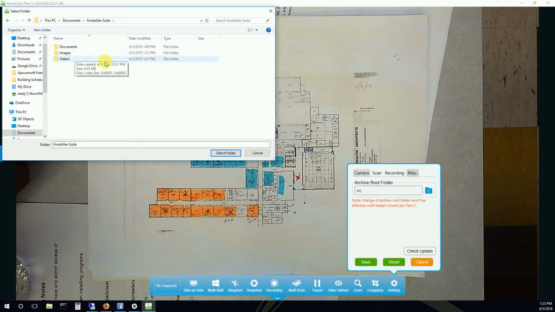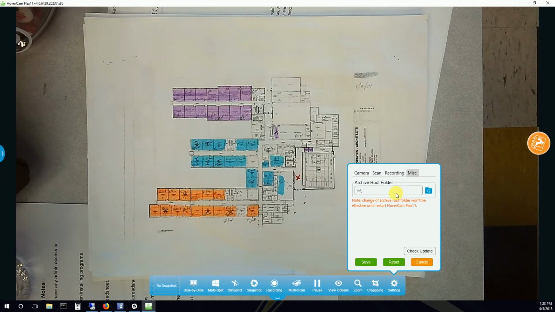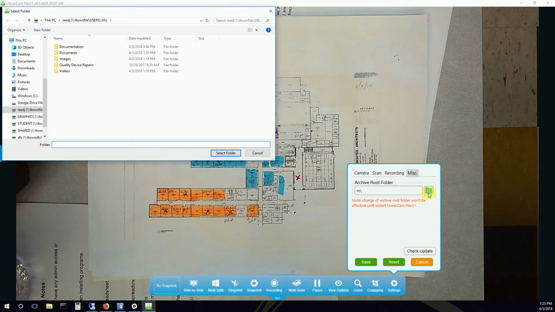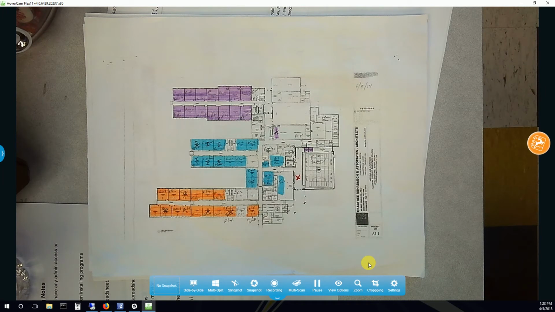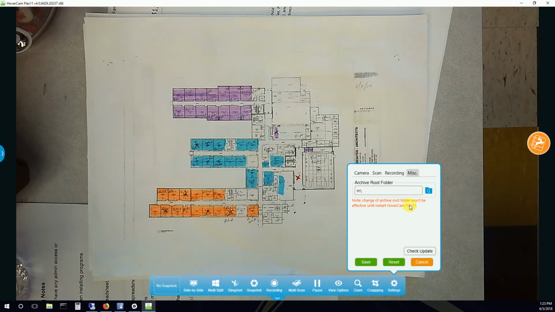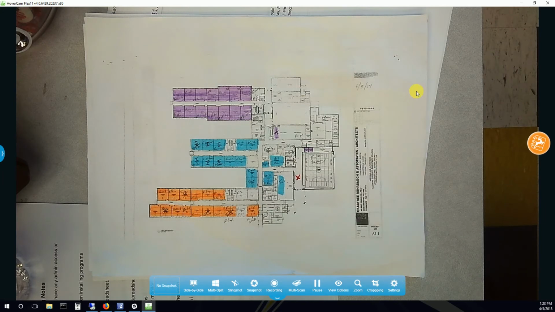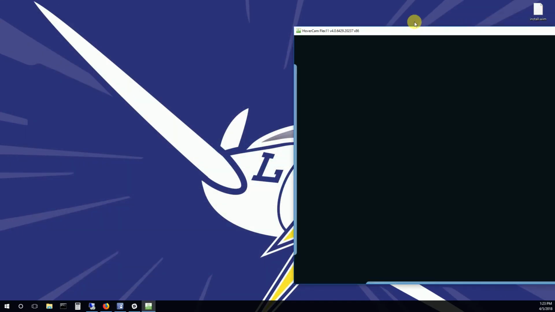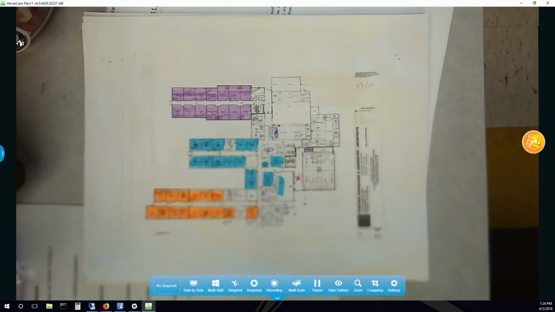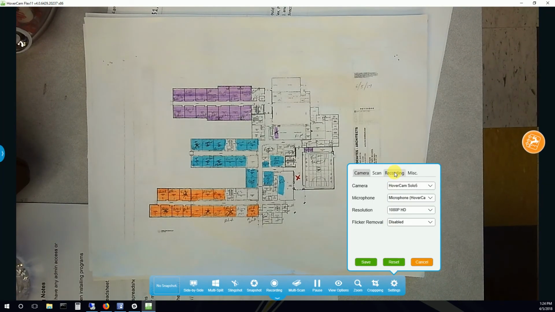To change that to your H drive, mine's already set for H drive, but if you click the folder with the looking glass there, select your H drive, and then click select folder. It should appear like this. Click save. Now if you notice, you do need to restart HoverCam Flex 11 for that to take effect. So if we close out of there, we open it back up, and we check, it is saving